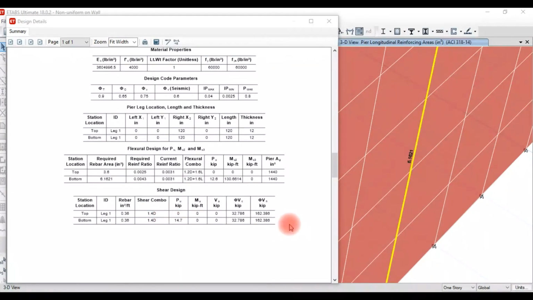Usually the wall is safe against shear, but we must use shear reinforcement at the base, as shear force is very high at the base and approximately negligible as you move to the top.